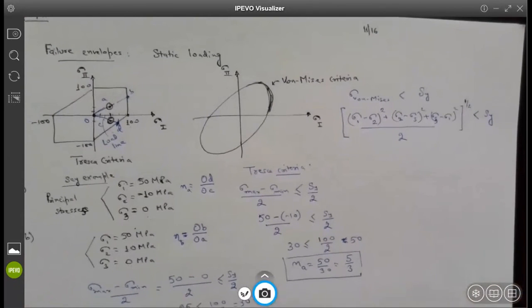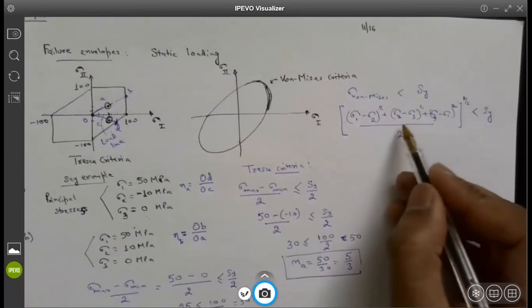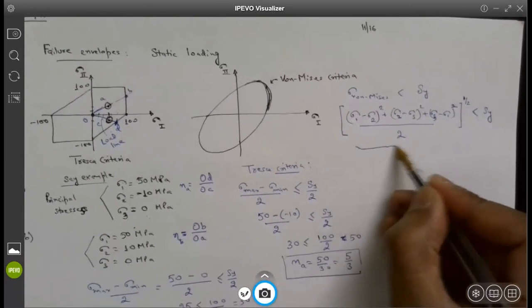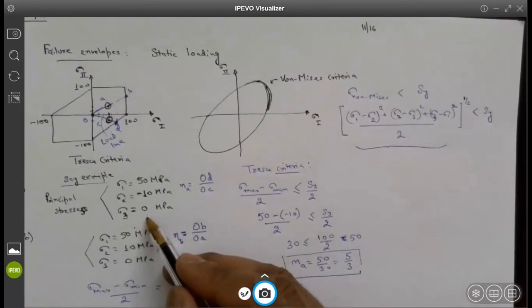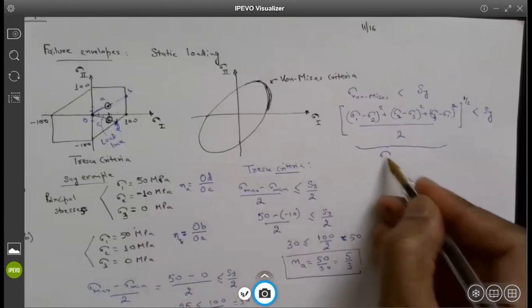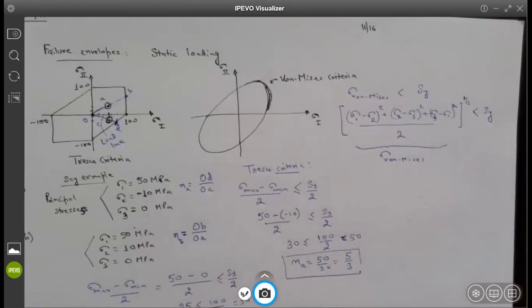Right. I remember that. And if you do not consider the value of sigma 3 in this, the expression for von Mises will be wrong then. So you have to always consider 3 principal stresses when you are trying to calculate the factor of safety. Make sense? Okay. Yep. That clears it up. Any other questions or doubts, guys? If you have anything else, excuse me.